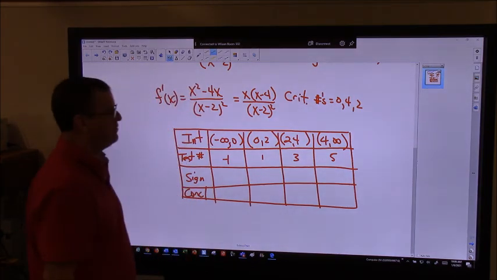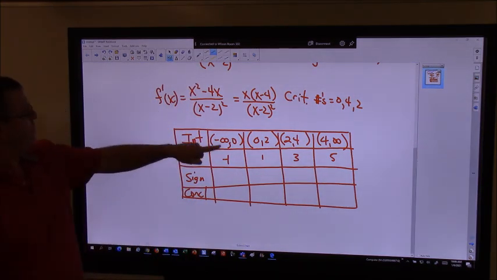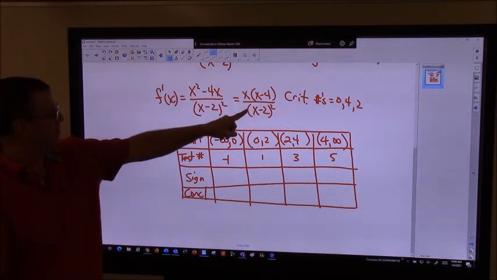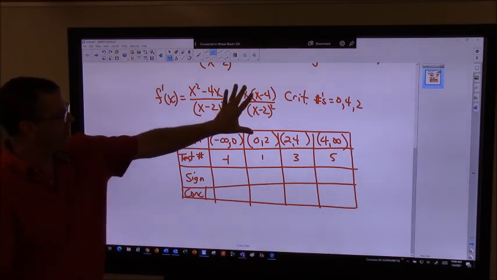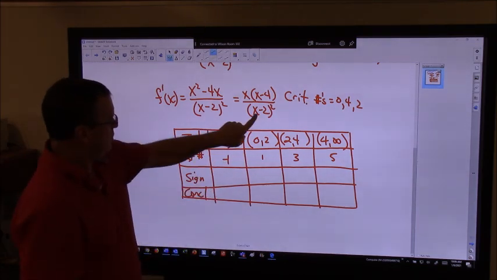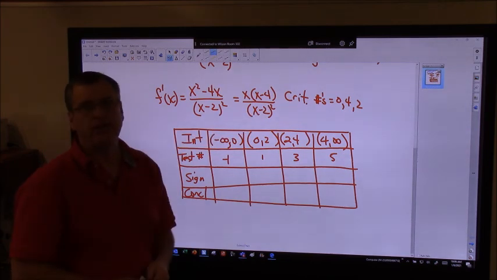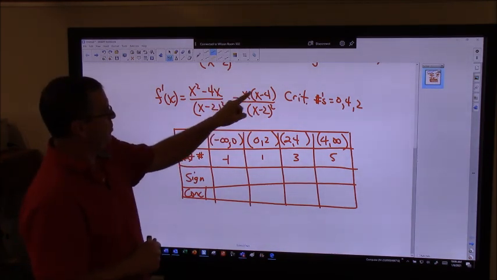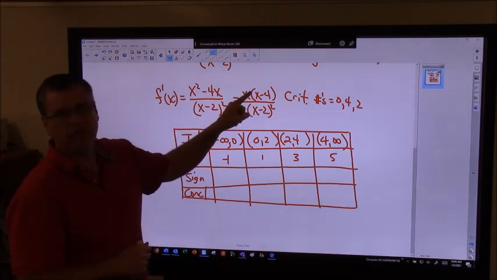I'll choose 5. And then when I test those, I could plug into here, but this is going to be the easier place to plug it in, where it's all factored. So if I put a negative 1 in there, well, first of all, let's just realize that no matter what we put in this denominator, we're going to square it, and that's going to become positive. So really, I just need to plug into the numerator and see what happens, and then just divide that by